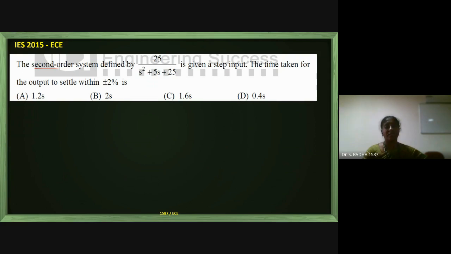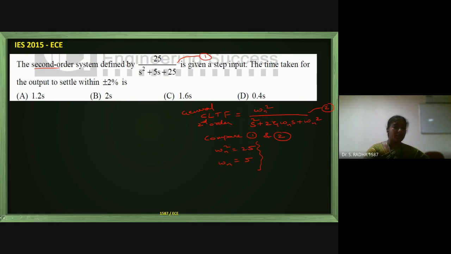At a look you can say this is a second order closed loop transfer function. The general format is omega n square by s square plus 2 eta omega n s plus omega n square. You can see the given equation looks exactly like the standard format. Now if you compare equation 1 given and equation 2, the general closed loop transfer function of a second order system, in the numerator you have omega n square, which is 25, and omega n is 5. This is from the numerator comparison.